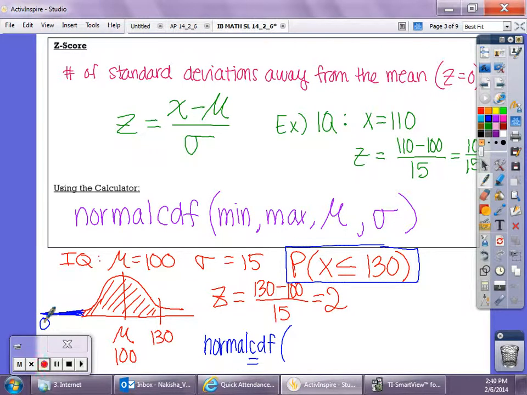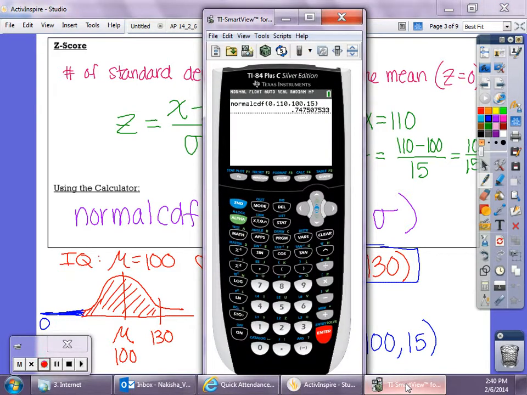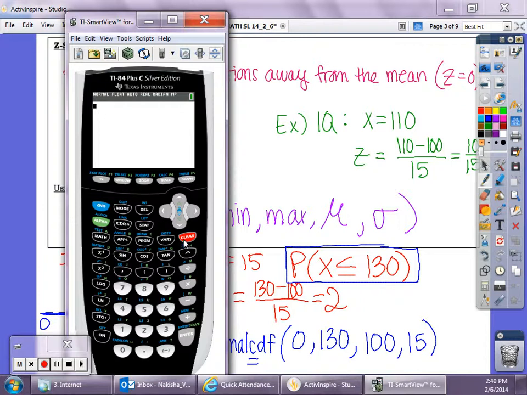0 is far away enough, so 0 would be my minimum. My maximum would be 130. My mean would be 100. And my standard deviation would be 15. So, using the calculator here, second bars, number 2 is the cumulative, lower value 0, upper value 130, mean of 100, standard deviation of 15,